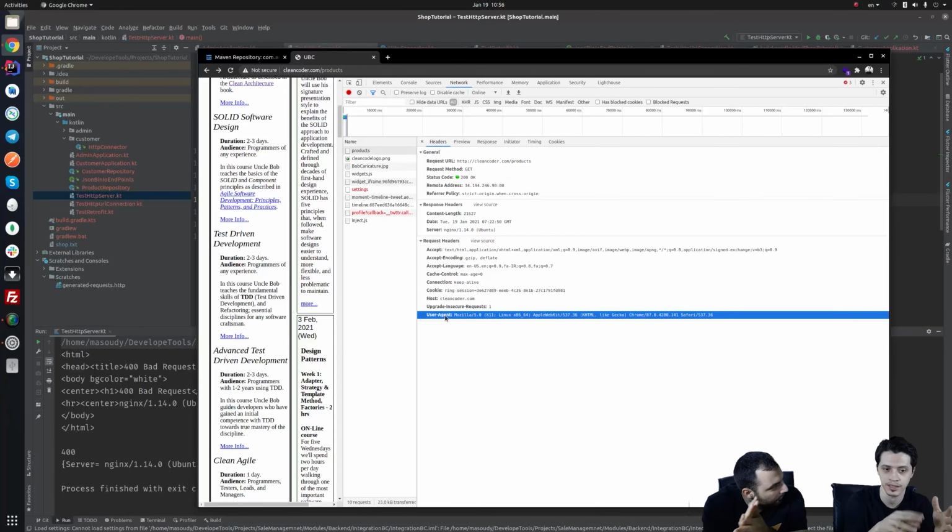In the user agent, the client sends the operating system and the HTTP client being used to connect to the server. For example, here we are using Chrome version 87, and we are connecting from Linux. And the host means